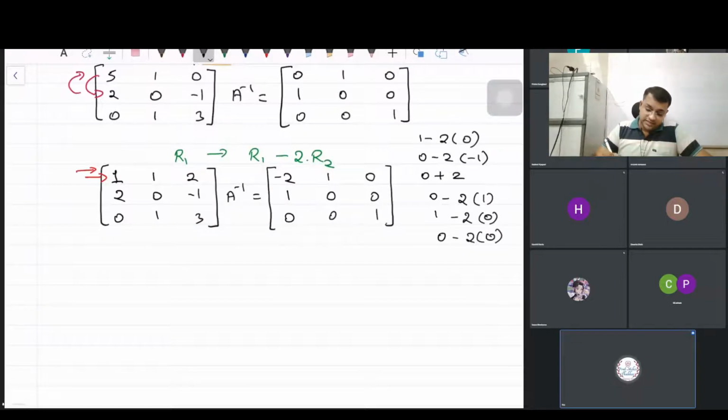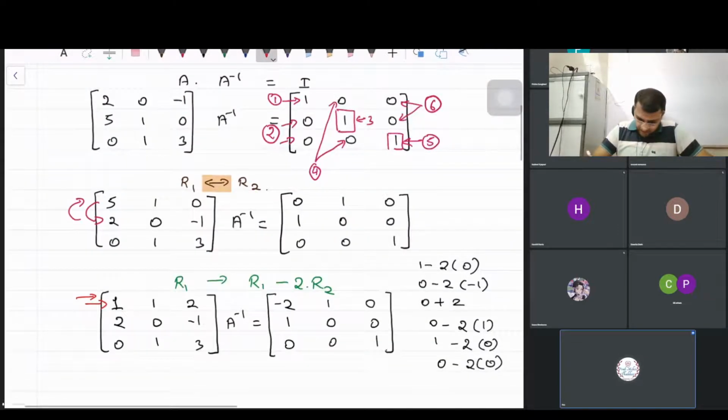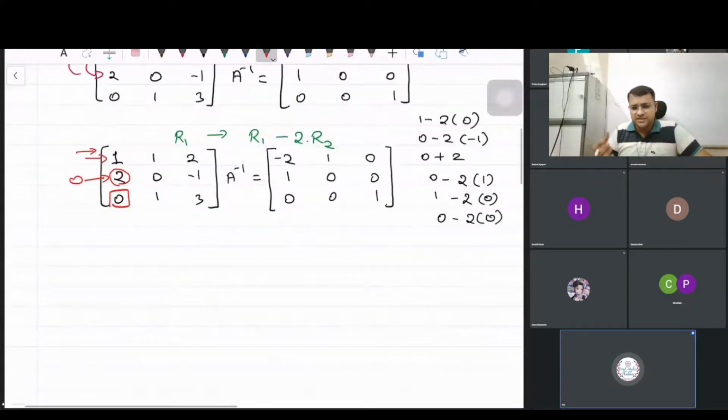Now guys, as I told you, we are done with this. Now we have to make these both elements into 0. Out of that, this element is already 0. So there is only one thing that I need to do in this sum, that I have to convert this element into a 0. We already know how we have to convert that. We have to subtract by the same number. Can anybody give it a try? Just a guess. Anybody? Come on.